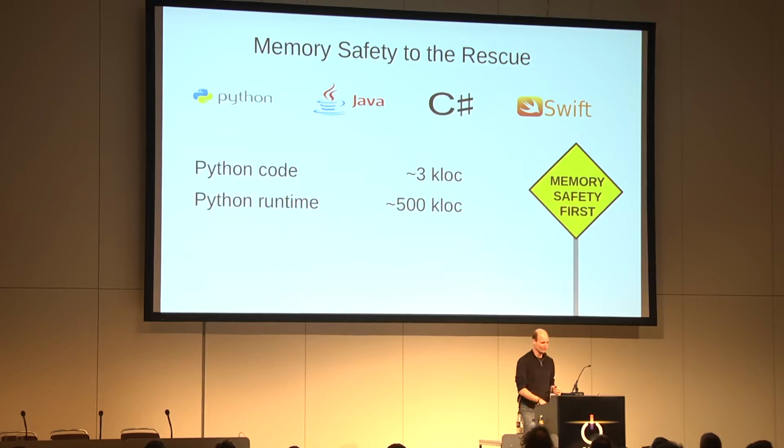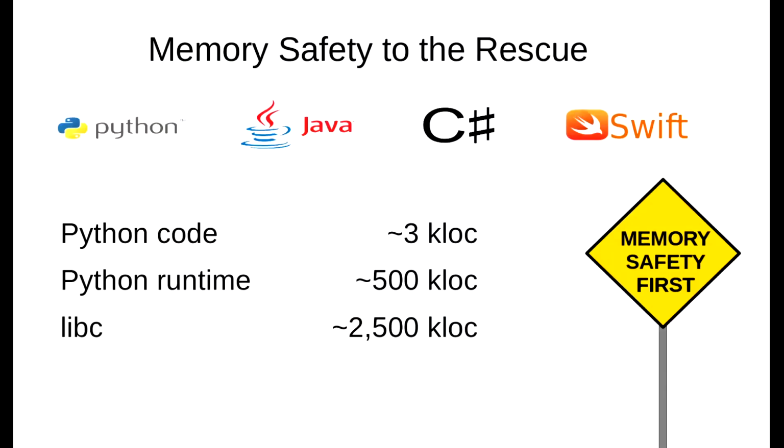In addition to that, we use the libc to do all the system calls. 2.5 million lines of C code. And on top of that, there's that thing called the Linux kernel, or the Windows kernel. Another 16 million lines of C code. So C code or C++ code, low-level languages are not going to go away. There's no way we can fix all these bugs. And it's just way too much of an attack surface. And we need to come up with strong defense mechanisms for those.